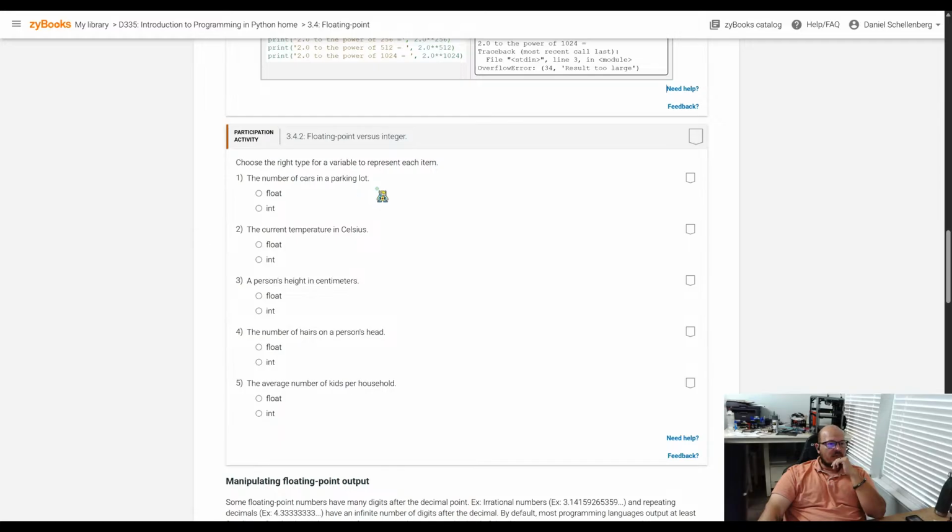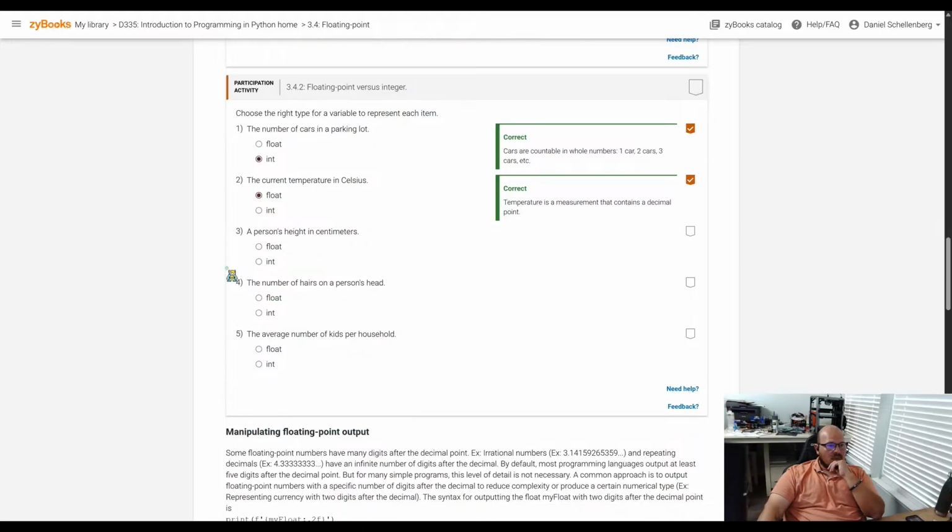Choose the right type of variable to represent each item. The number of cars in a parking lot. It'd be best to use an integer. The current temperature in Celsius. That would be a float. A person's height in centimeters. That would also be